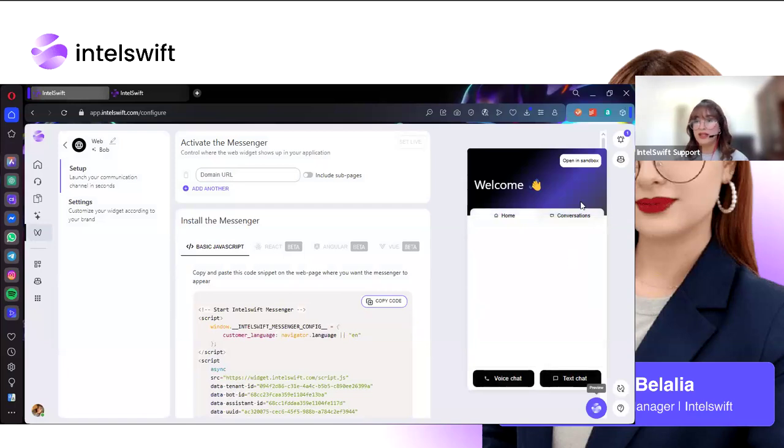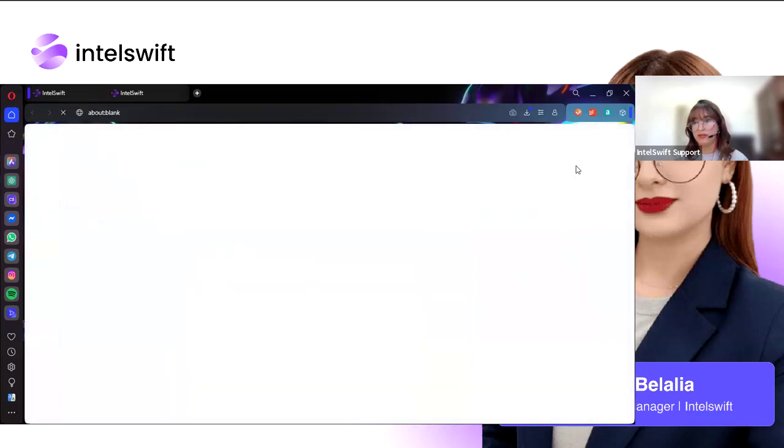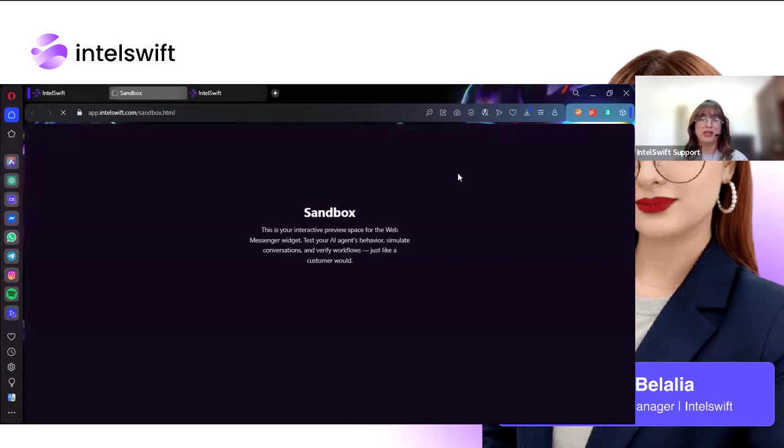And here you can see the sandbox. The sandbox is your safe testing space inside Intelswift. You can try out your AI agent workflows and actions here without affecting real users. It helps you make sure everything works perfectly before going live. So we click open sandbox, and here you can see